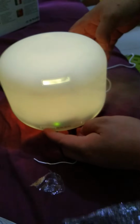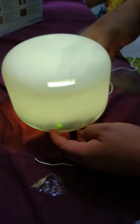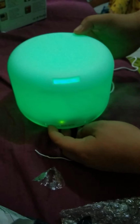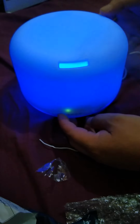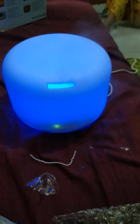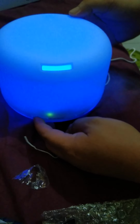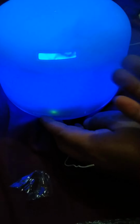Yes, so it will indicate the light. So that's the lamp. Yes, so the light will change. It has 7 colors. So you can have the color in high and low. Yeah, so as you can see,